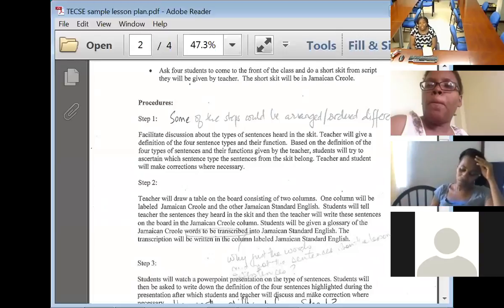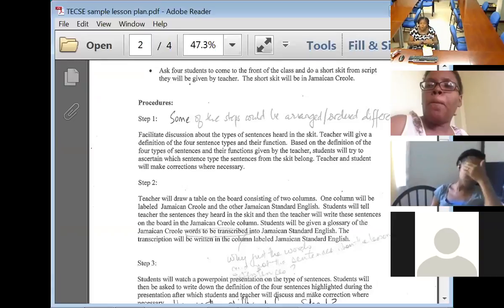You remember yesterday when I was saying, I think it was Mira's lesson, don't give them all the information. It is in essence this. Notice what this teacher has done. The teacher gave them a role play in their native tongue. Then she gave them the definition of the types of sentences, but she didn't tell them which types of sentences were in their skit. So now, even though they have a definition, they have to do some critical thinking